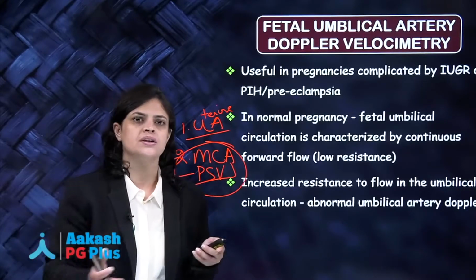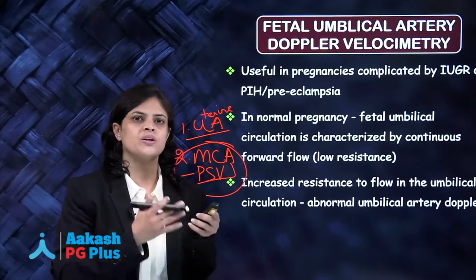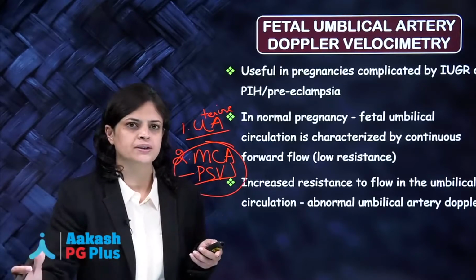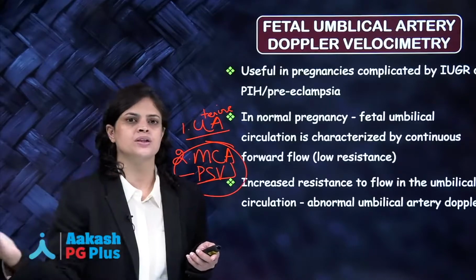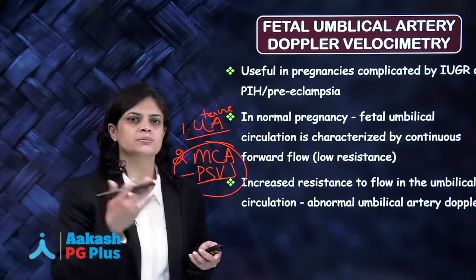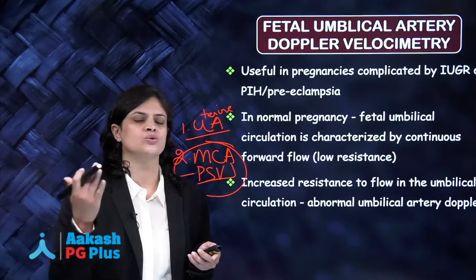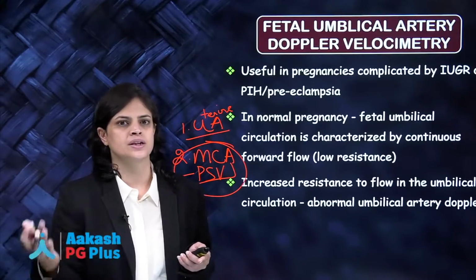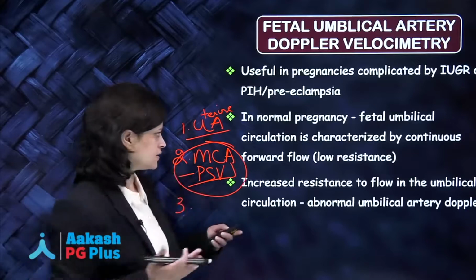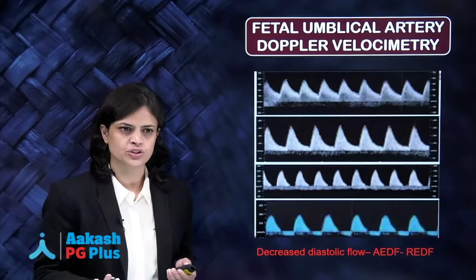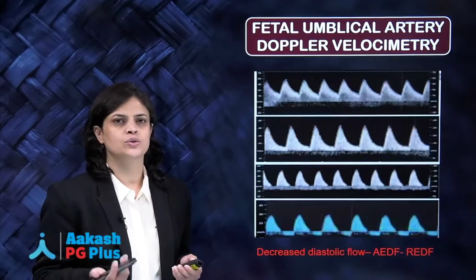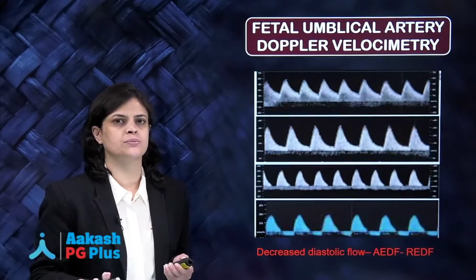So, in pregnancy, there is a continuous forward flow of blood through the umbilical artery from the maternal side to the fetal side, and as the pregnancy progresses, this blood flow, particularly the blood flow to the baby during maternal diastole, progressively increases. In pregnancies complicated by intrauterine growth restriction, the underlying etiology could be maternal medical complications, most